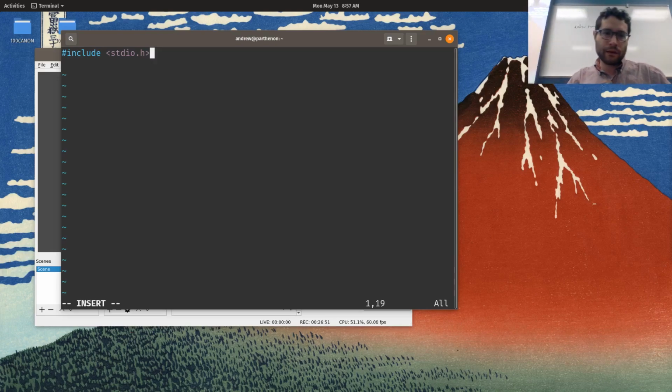So the next thing we do is go on to the next line and create what's called our main function. So we create a new function called main, and we use these curly braces over here. The parentheses are important, and it being all lowercase is important.